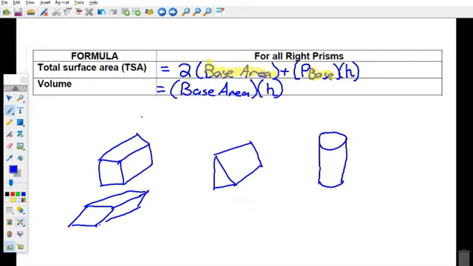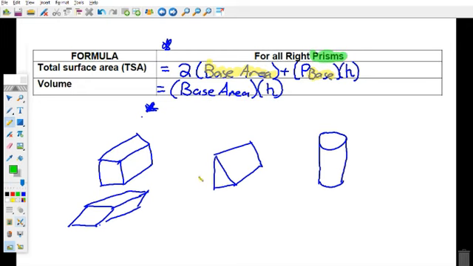What we were talking about yesterday, we talked about right prisms. There's a formula that we like to use because it works for all the shapes, for the TSA, the total surface area, and then there's a formula here that we can use for volume. Now, we already touched on that for this word prism, that basically means a shape that is now